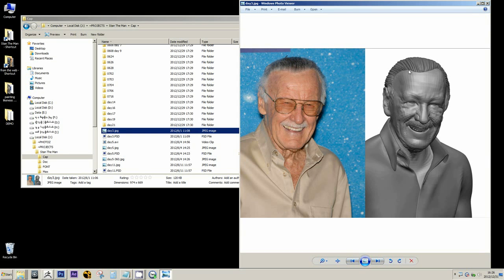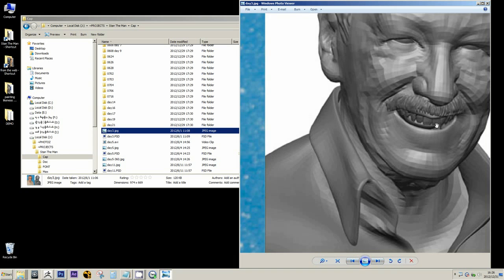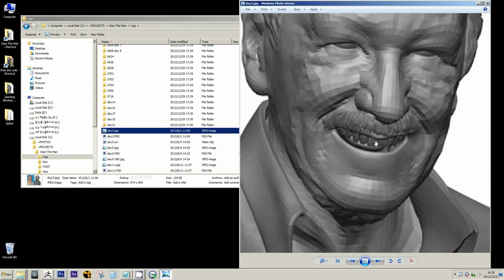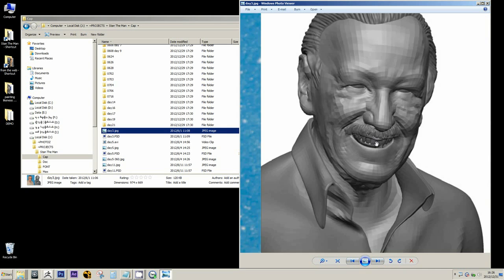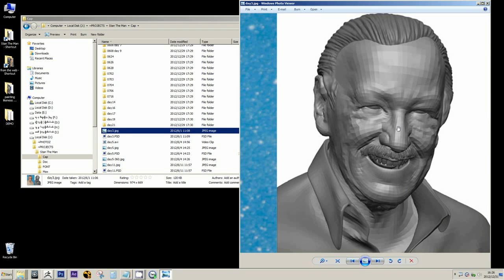I got some base hair going on, base mustache, teeth. The teeth, by the way, is also a base mesh from, I think, Alex Alvarez. It's a free teeth base mesh that he provided on his Gnomon Workshop website. I'm sorry, I'm not online on this computer. My network card busted, but anyways,